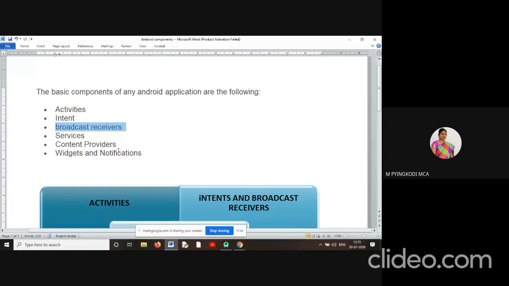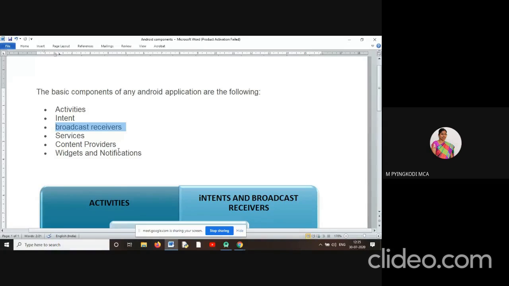We can listen to music, right? For playing music, there is no GUI part. So playing music is one of the best examples for services.